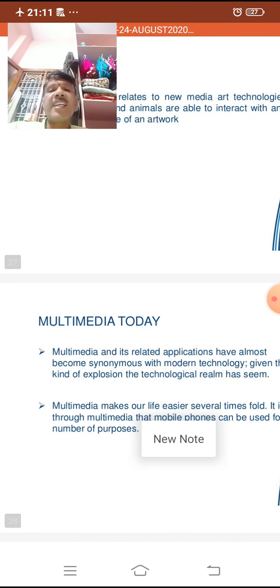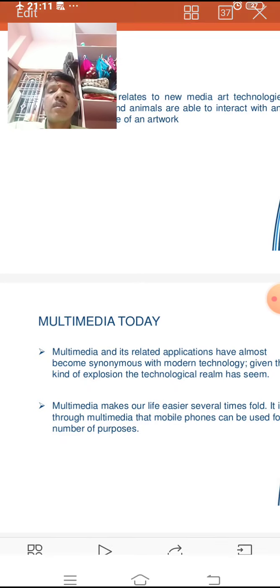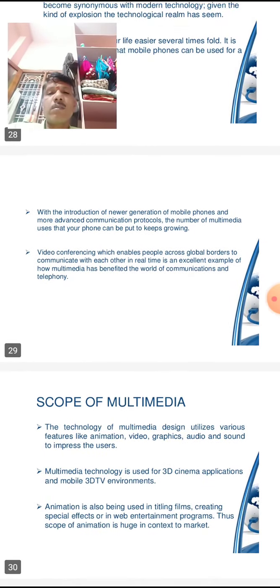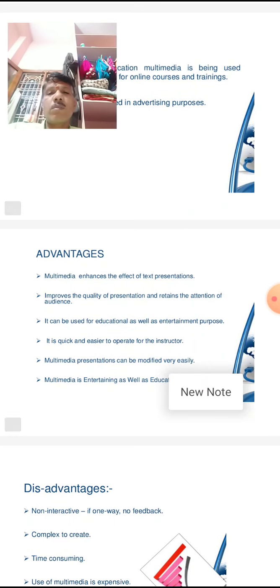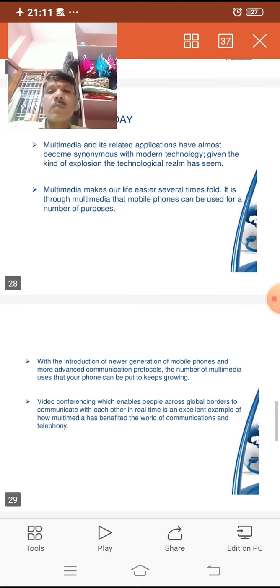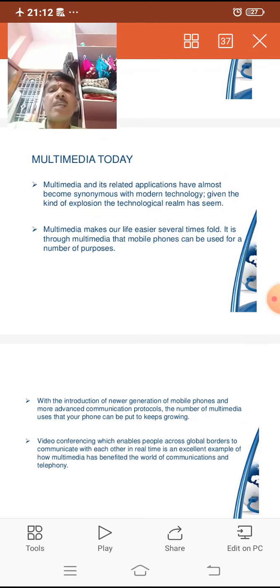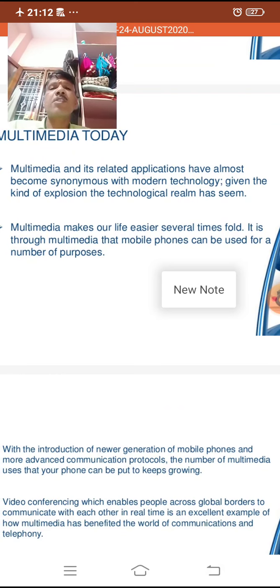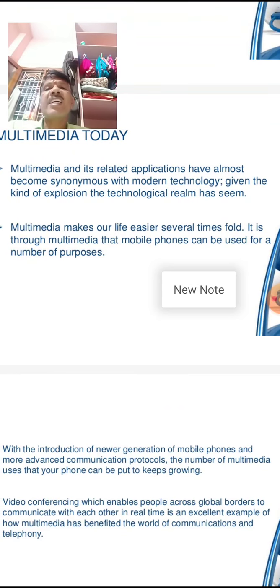Multimedia today. Multimedia and related applications have almost become synonymous with modern technology. Given the kind of explosion the technological realm has seen, multimedia makes our life essential many times over.